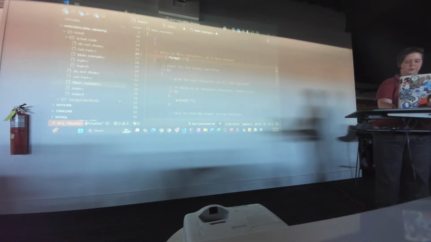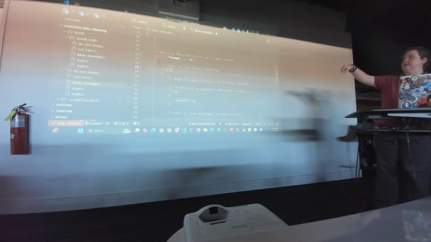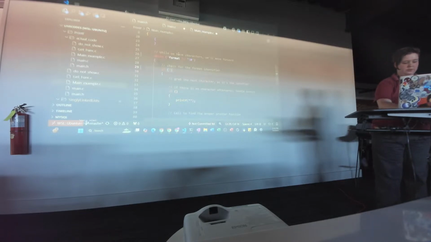While we do have format, it's not equal to null. We're going to check for the format identifier. If our current format, this is the current character that we are in our main argument, is equal to the %, we open up our brackets, we grab the next character as it's going to be the specifier. Format plus. And then if there is no format,